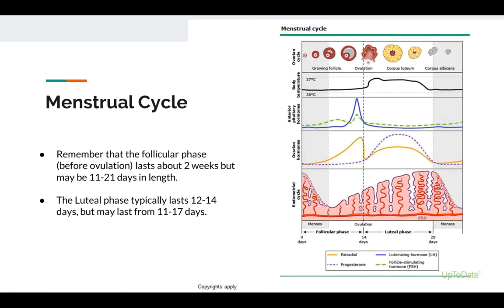In the last lecture, we did discuss the menstrual cycle. I want you to make sure that you fully understand this picture before we go forward. It will actually be pretty challenging to understand contraception and also to understand conception if you don't understand the way that these different hormones are working. Again, remember that the variability in the cycle length typically comes from that follicular phase, so the first half of the cycle before ovulation. But there is a little bit of variation in either side. Some women do have a little bit of a longer or shorter luteal phase as well, and that collectively contributes to the length of the cycle.